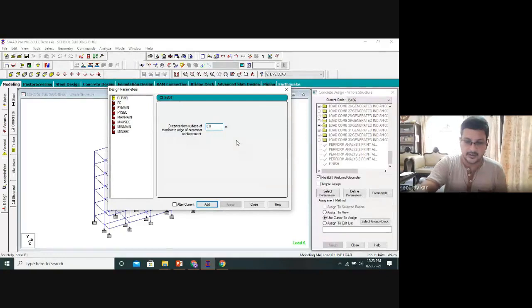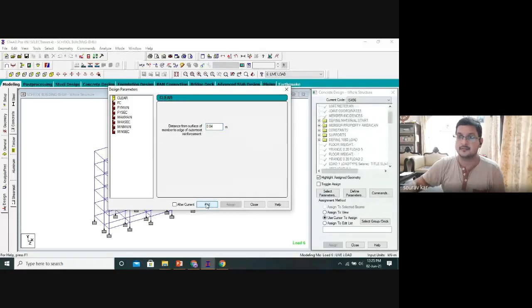So 0.04, 40 by 1000. So this we will add. Again is 25 mm, 0.025 meters. Okay. Add.